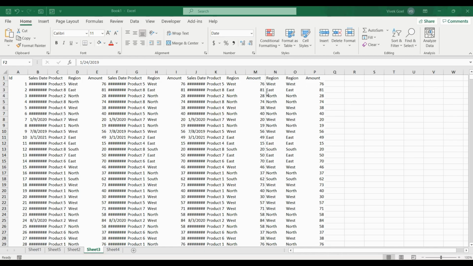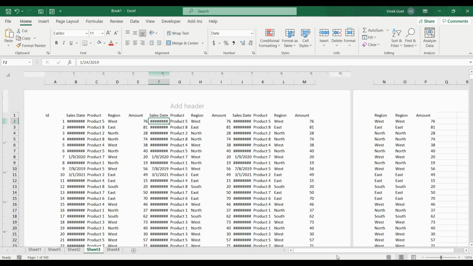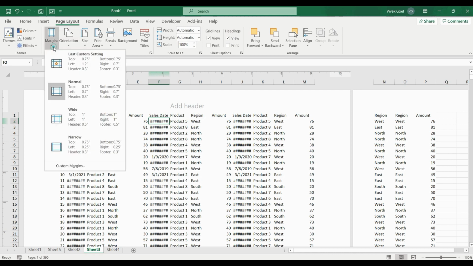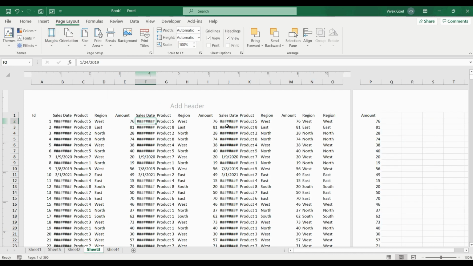Let's understand scale to fit with this sheet. Even though we are in landscape mode, we have a page break at column M, which means the remaining values will be pushed to another sheet. What will happen if I reduce the margins to narrow? Even then, I'm losing column P. Here comes scale to fit into the picture.